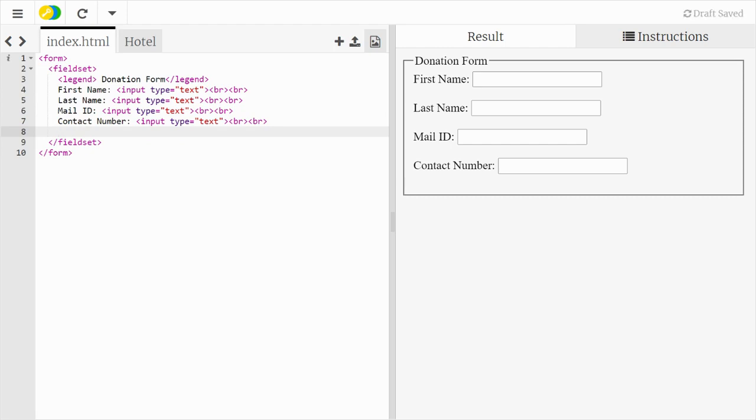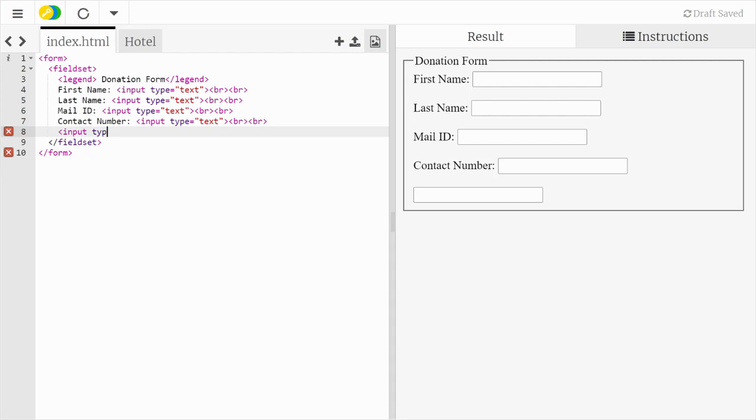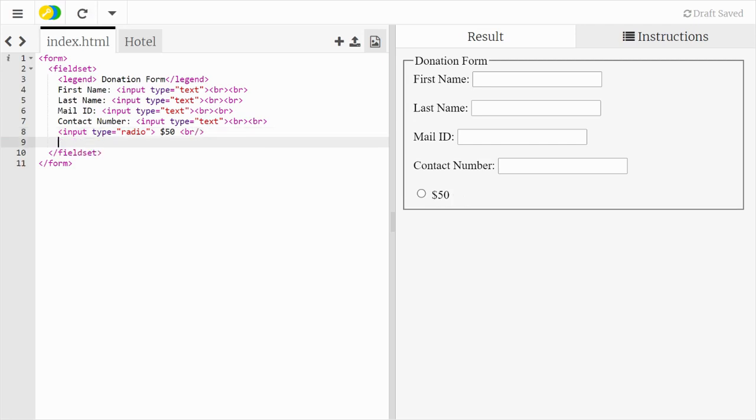Now I want to show what donation amount they are going to donate. For that I'm using a radio button. Input type is equal to radio, and I'm using $50 with one br.